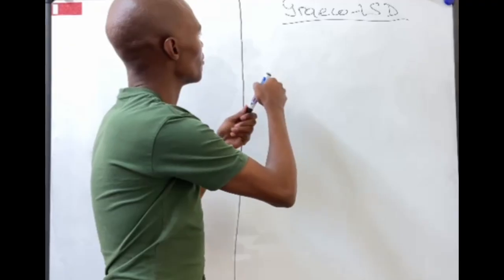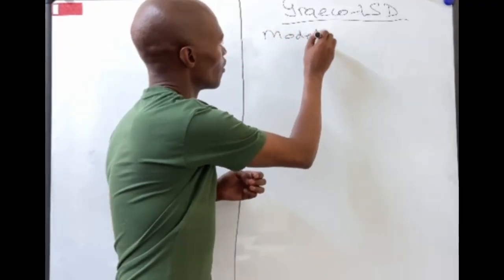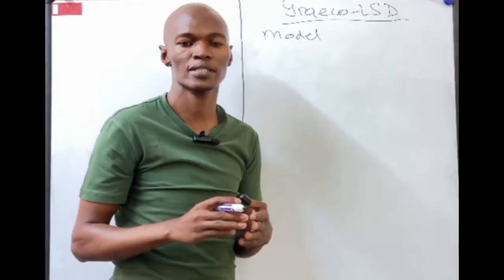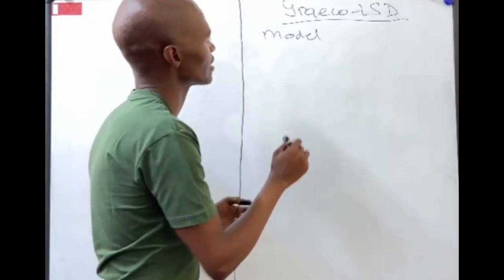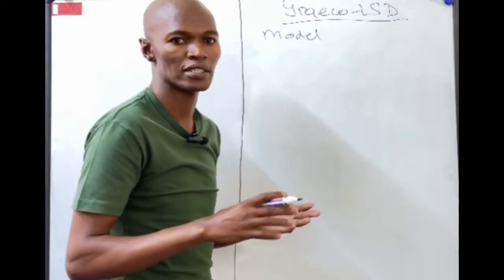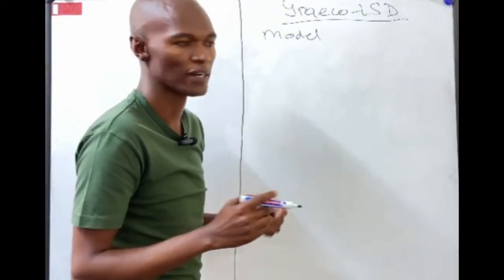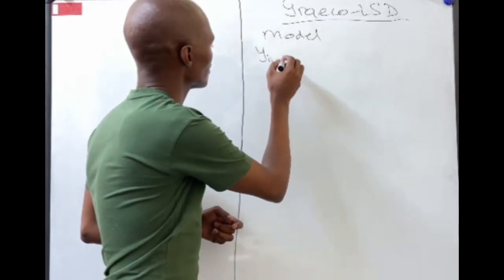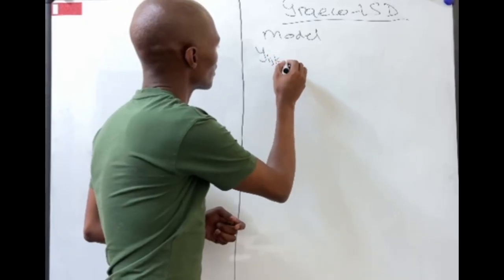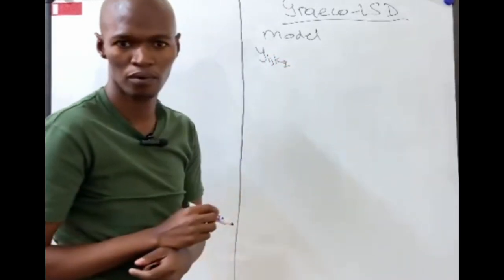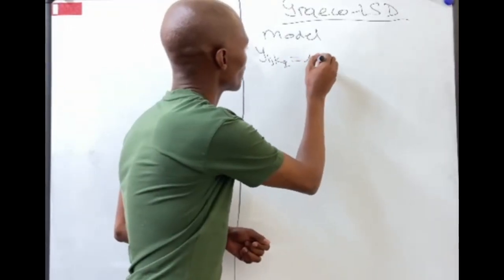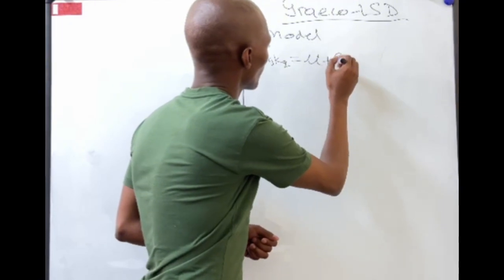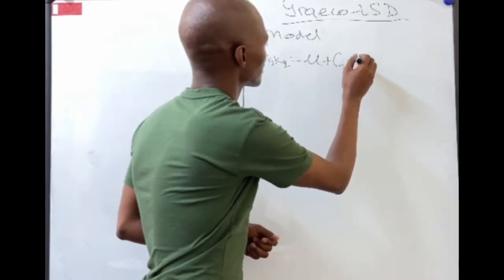We have the model, right? In Greco-Latin square design, our model is not far from the Latin square design. The only difference here, as I indicated, is the number of variations, because here you observe 3 variations. So when we write our model, Y_ijkq, we have our mu plus the column effect plus the row effect